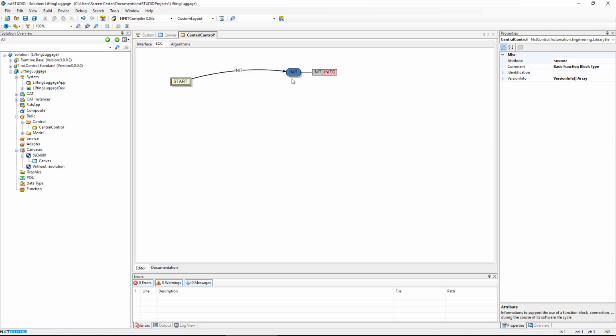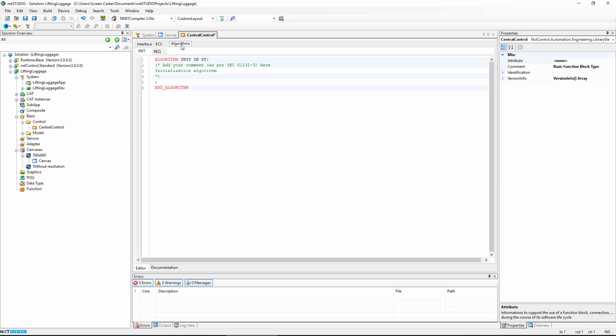you never know what the physical status of the system is. So in the initialize, what you want to do is make the system go to its default position. That is, the lift should be retracted, the pusher should be retracted, and that's what we're going to do in initialization. So let's go to algorithm, go to init, and say that